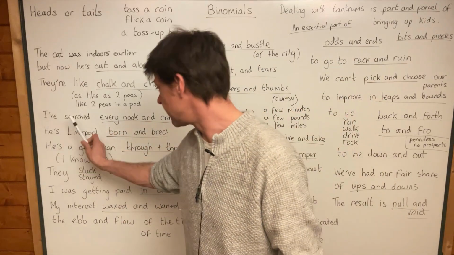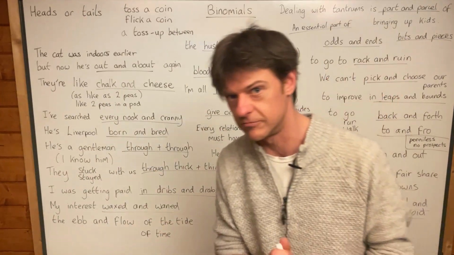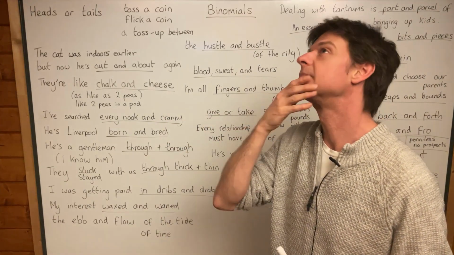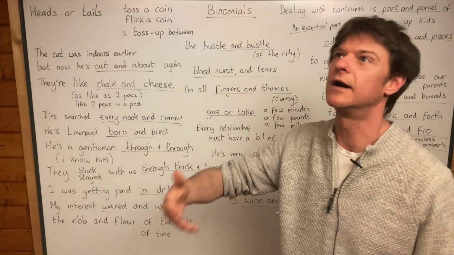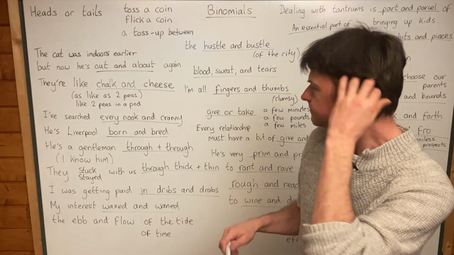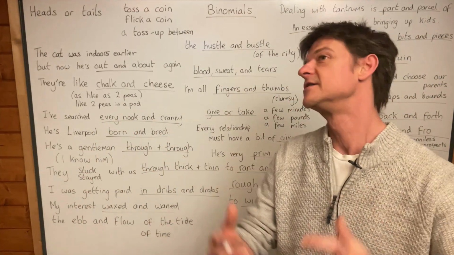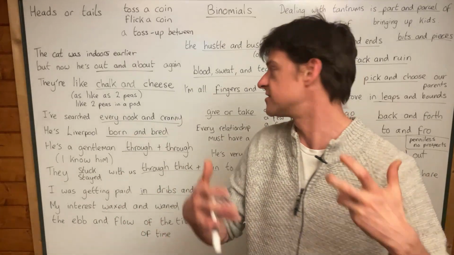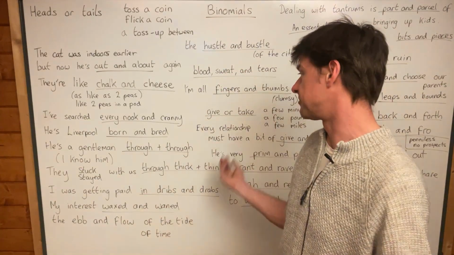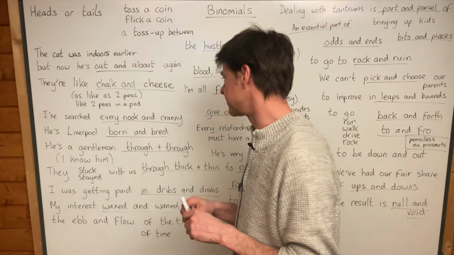Well, I have to search every nook and cranny. You don't need an "in" there. You can say, I have to search every nook and cranny. And it means every corner of this room, every tiny part of this room. Okay? But you might say something like this. Perhaps you went to a new destination on holiday, and you might try to discover all the different places in the forest. You might search every nook and cranny of the forest to see which place is the nicest, to find a really nice place to have a picnic. So this "every nook and cranny", usually it's when you're looking for something or you're searching somewhere.